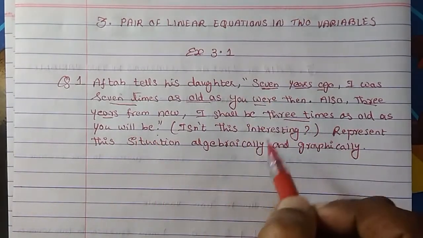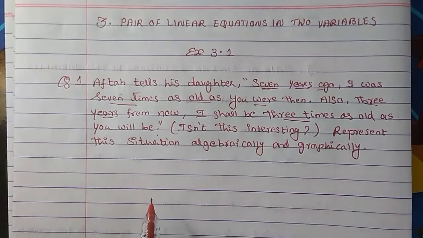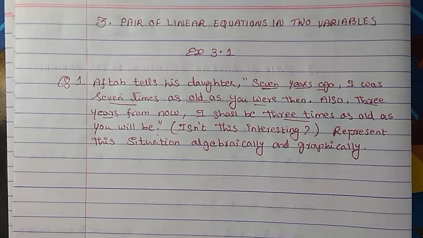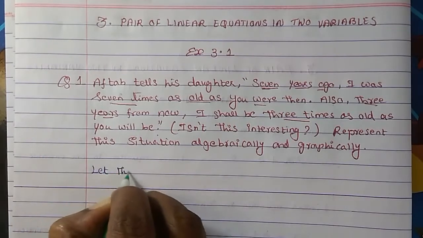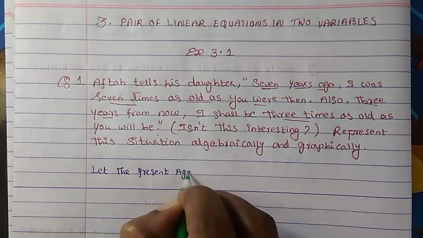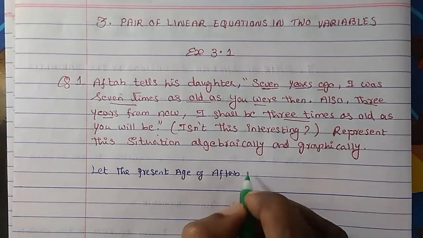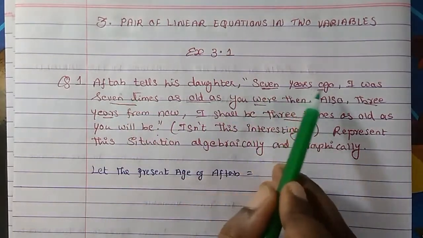So whenever this type of sum comes regarding the age, first you have to write down the present age. Then we will go back to the question. So you have to write first, let the present age of Aftab and his daughter. Let's write down. Let the present age of Aftab. We don't know what is the present age because he tells his daughter 7 years ago